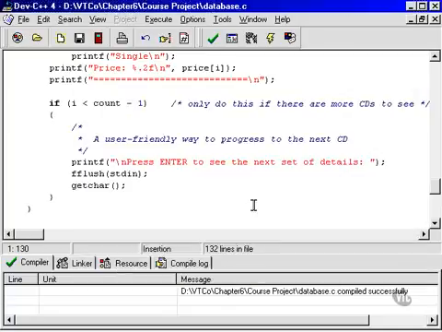So that's it. We now have a real legitimate database of CDs. It's not particularly functional, as you've seen, but at least it does something more than just enter the